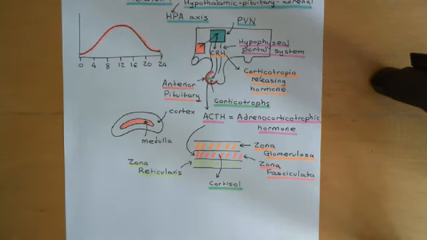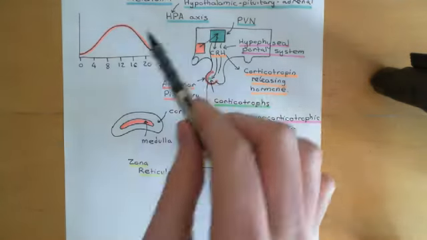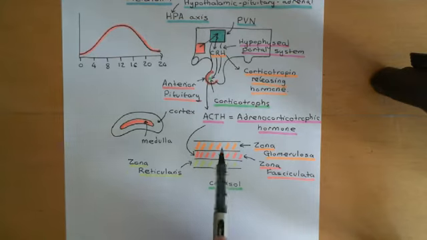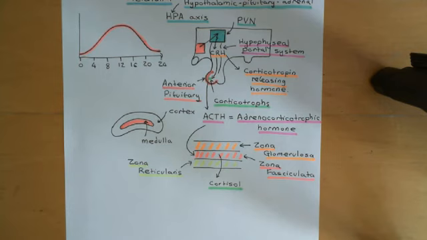As we get towards midday, the suprachiasmatic nuclei will be firing at a higher rate. They will therefore be causing the paraventricular nuclei to fire at a higher rate and release more corticotropin-releasing hormone. This will then trigger the corticotropes of the anterior pituitary to release more adrenocorticotrophic hormone into the blood. That will then trigger the zona fasciculata to release more cortisol, hence why cortisol goes up. So you've got this circadian rhythm of cortisol level within the blood.